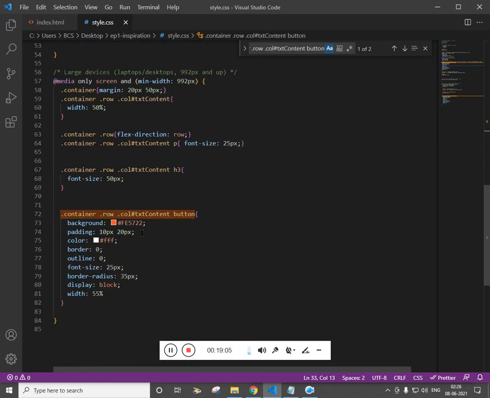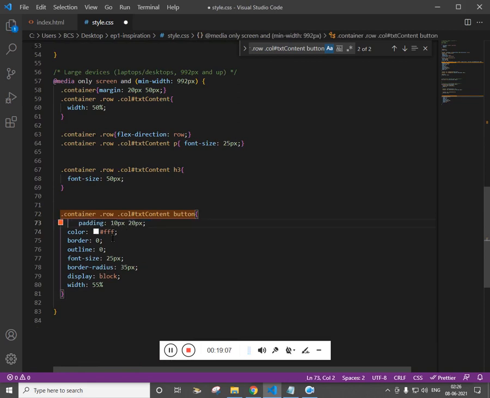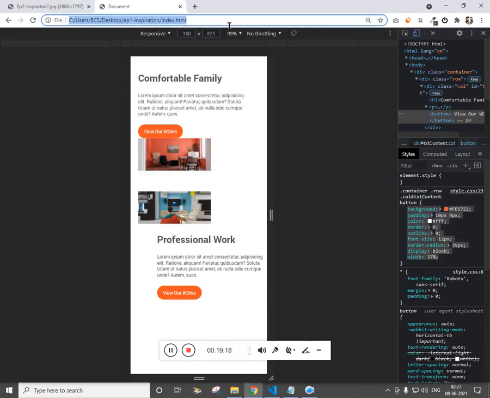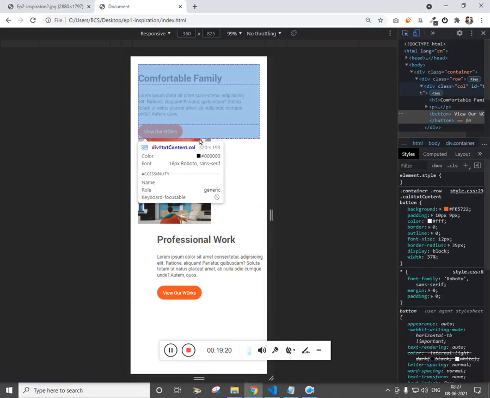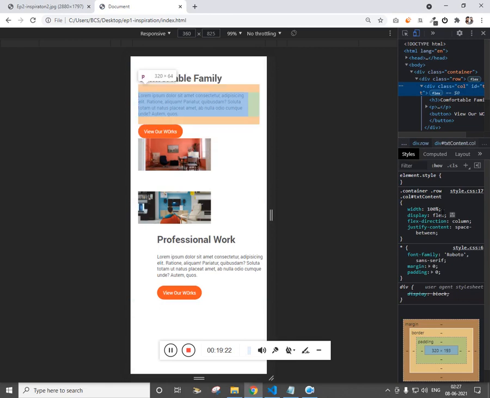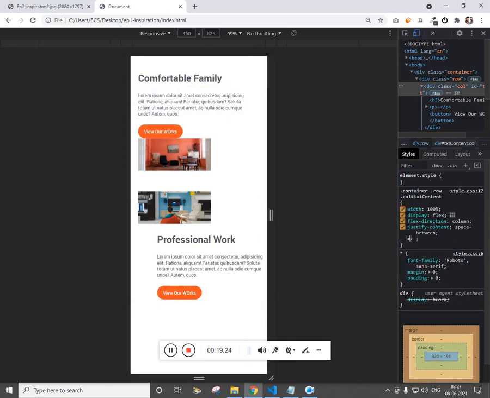And whatever things we have overridden, we have just overridden the padding, the font size, and the width. And I think we need to add a margin bottom.